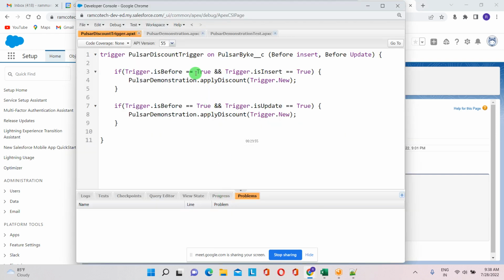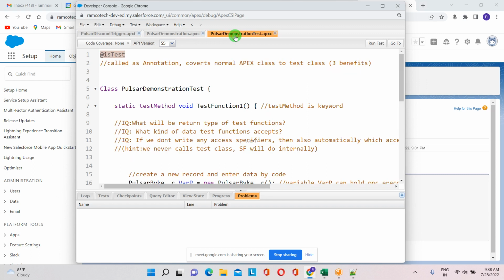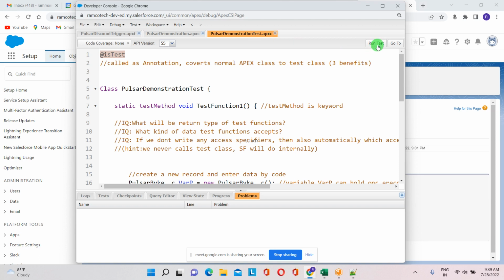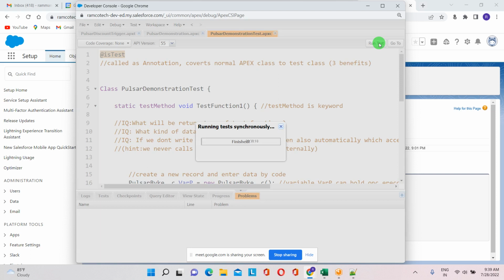Okay. So now we can do the test run and see how it works. And you can understand one more thing. This is the class, this is a test class. But for a normal class, you can't find the run test option here. Only for a test class can you get run test. Okay, if you click on this